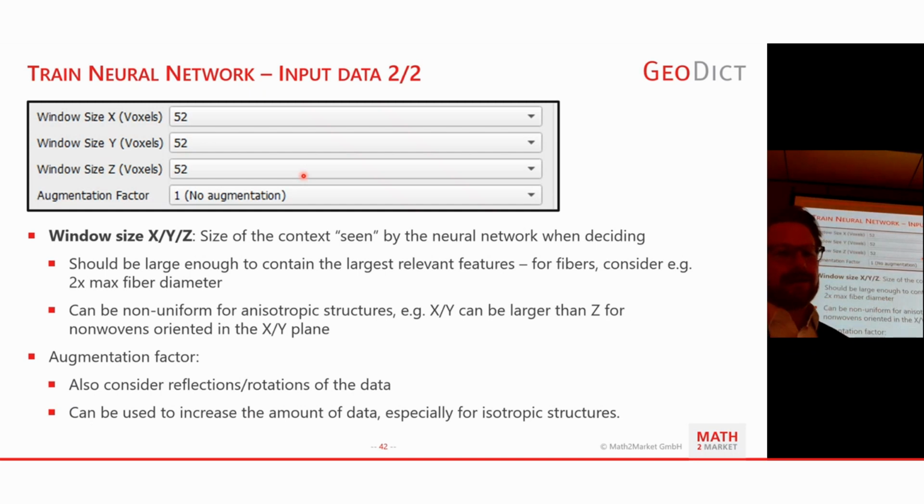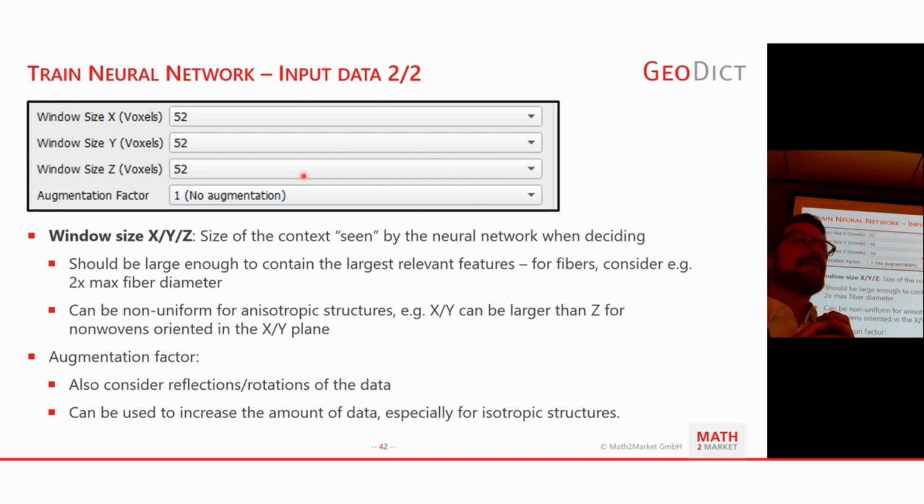Then there's also the augmentation factor, where the data is mirrored and rotated. You can select 3 different options there. So it will take each window, and it will also consider the mirrored version of that window, where of course the input and the output have been identically mirrored, and will also consider that in the data. And if you consider all 90-degree multiple rotations and all mirrorings that you can do, you get up to a factor of 48.